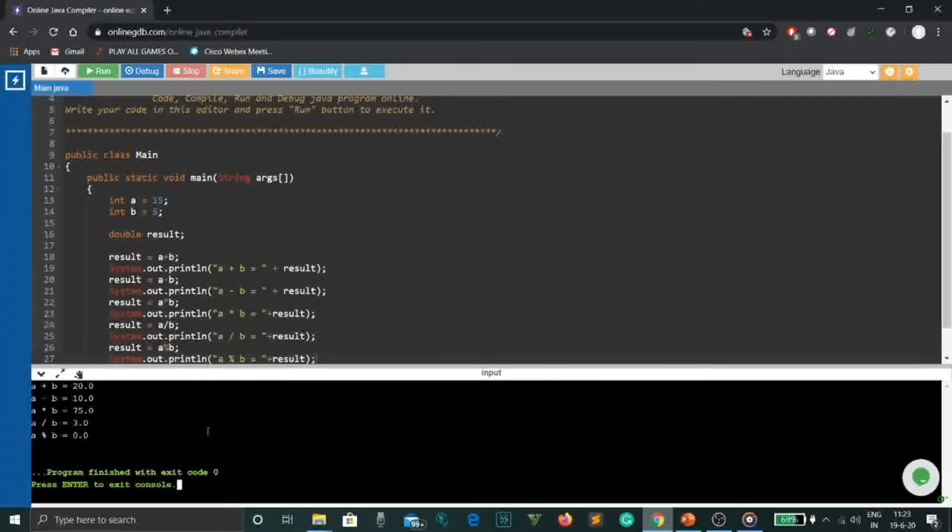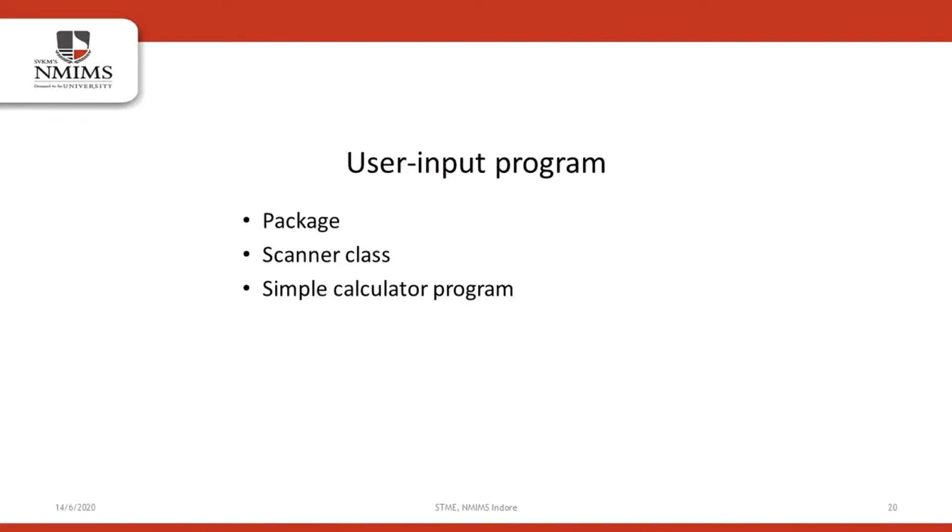Moving on now. Well, it's time for some more coding. In this program, what we're going to do is make a simple calculator performing basic plus, minus, multiply, and divide operations, just like we did in the previous program. But the difference here is that we're going to take the numbers from the user. This is called a user input program. In a user input program, you take input values from the person running your program. So let's proceed to our online compiler once again, and I'll recommend you open both windows side by side so you can watch me type the code and practice the code yourself simultaneously.